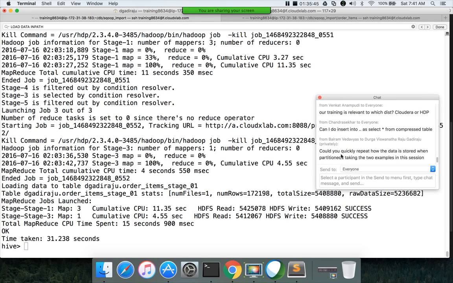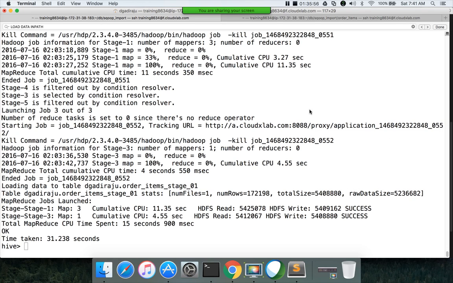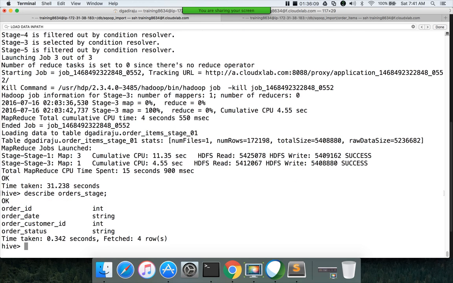So Balram is asking, could you quickly repeat how the data is stored when partitioned, taking the 2 examples in this session? Yes, definitely. We have 2 tables, right? Describe orders_stage, and describe orders itself.